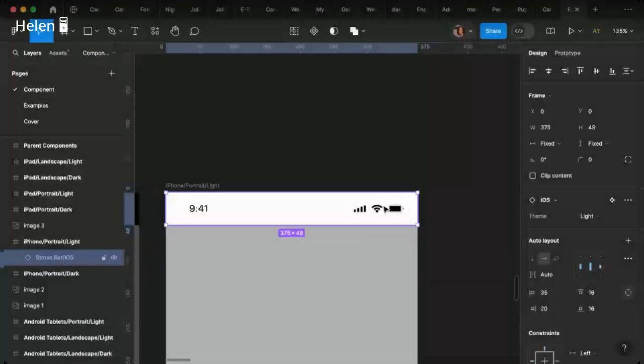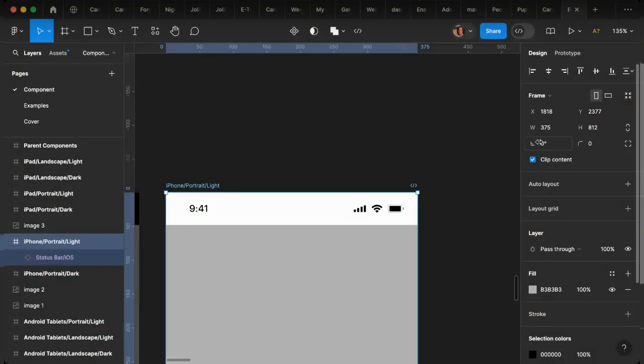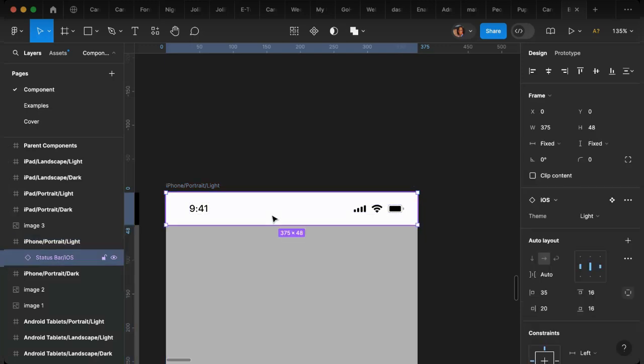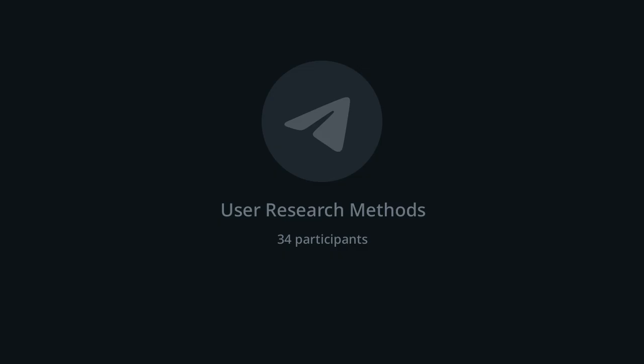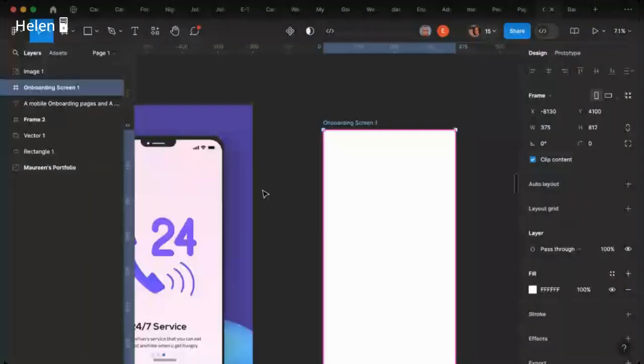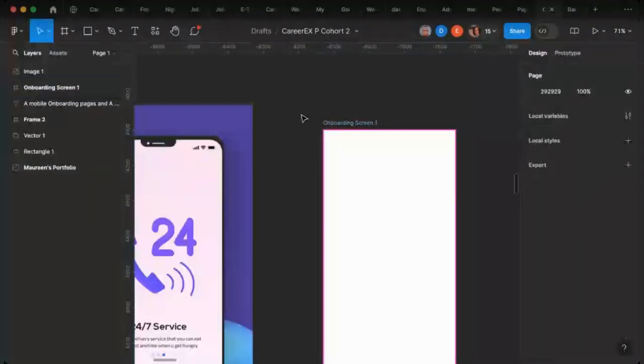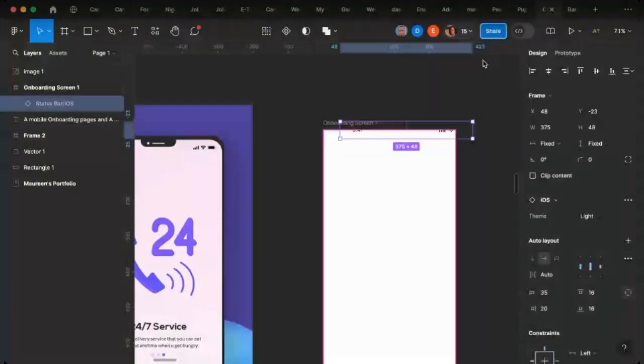Once I click on this, just click, don't click on the entire frame. Now you can tell that this frame is 375 by 812, which is the same frame as our own. So all I have to do is click on only this status bar iOS. Once I click on it, I'm going to right click and then copy, and I'll go back to my frame, and then I will click out, and then I will right click and then paste it. I think I'll have to